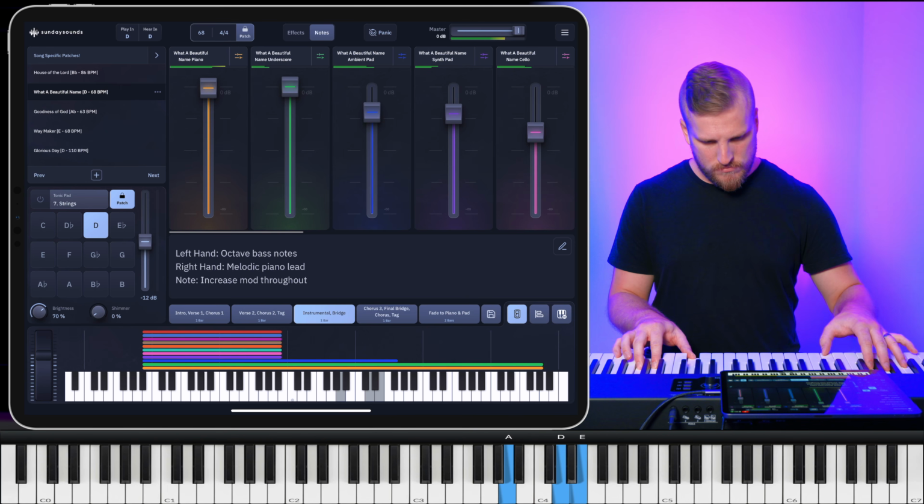That's right, folks. I am excited to announce that with the latest update to the Sunday Keys app, we are bringing support for song-specific patches to the standalone Sunday Keys app. That means you'll be able to browse our catalog of song-specific patches at sundaysounds.com and then download them to use inside of Sunday Keys. If you're not familiar with our song-specific patches, these are one of our most popular products that have to this point only been available in MainStage format for use with the MainStage version of